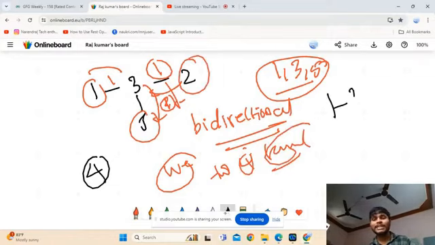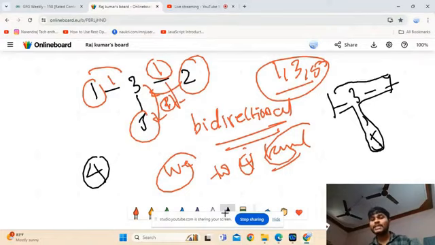For suppose if 2 is not there and he gave only the edges 1 3, 3 7 and node 5, then we never reach it, because if you go like this and come back, that is also three consecutive increasing odd nodes, and if we go like this, it is also a consecutive path.